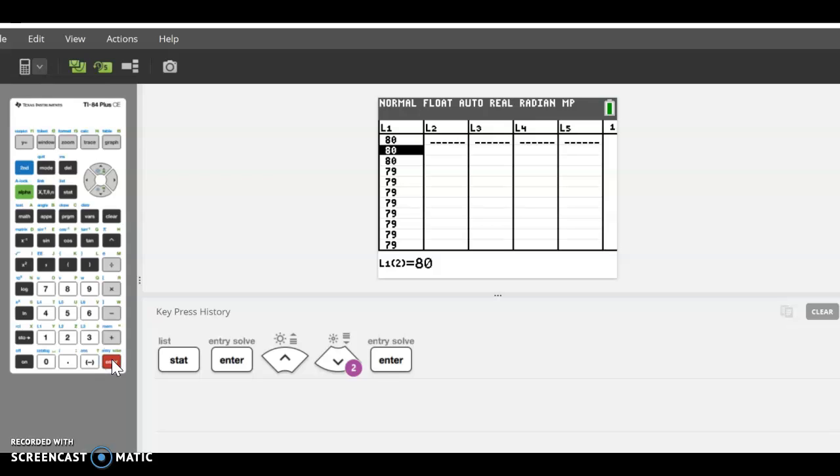And then when you get to 79, you're going to type in 79 14 times. So you'll see that I did that. 78, you're going to type in twice, and 77 once, and 76 once. Okay, so you should have a total of 21